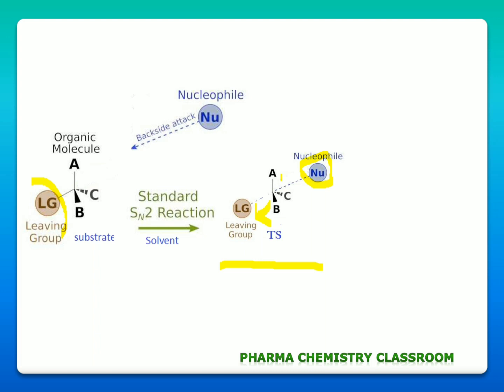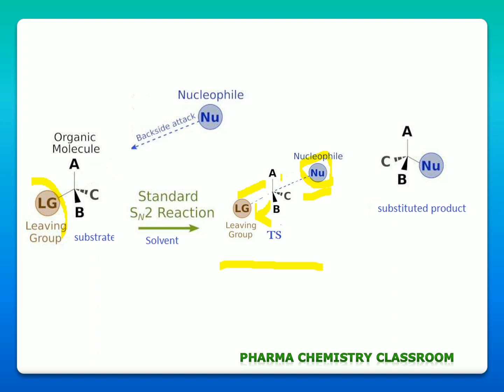Therefore, in the transition state, there is a partially formed bond between carbon and nucleophile, and there is a partially broken bond between carbon and leaving group. Eventually, the bond between the carbon and nucleophile forms firmly and the leaving group leaves the substrate. So, we get the substituted product here. So, hope you understand the mechanism behind SN2 reaction. SN2 reaction is a single step reaction in which the bond between